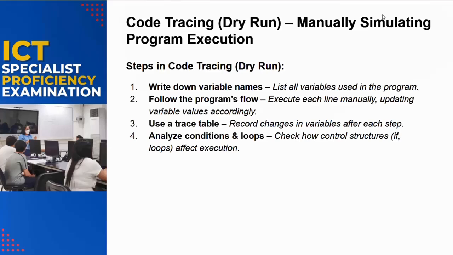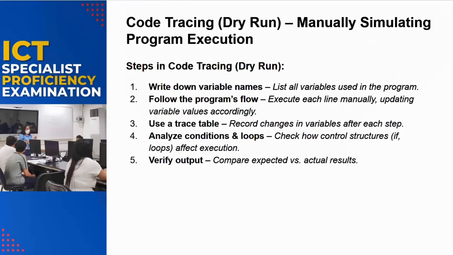And number 4, analyze conditions and loops. Observe how control structures like if statements and loops affect the program's execution. And lastly, verify output. You compare the expected output with the trace results to ensure accuracy. By following these steps, we can systematically trace any program, identify errors, and predict its output without running it on